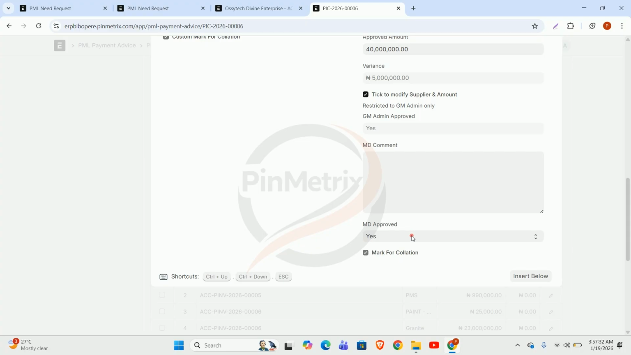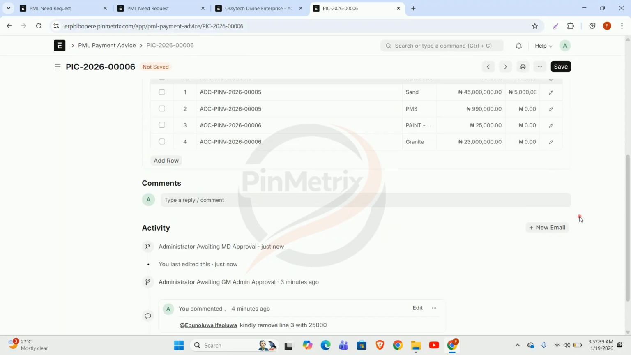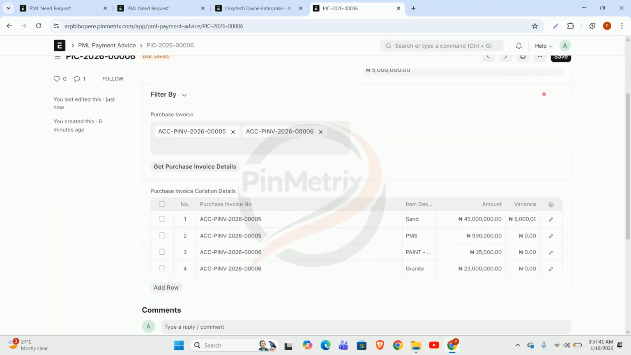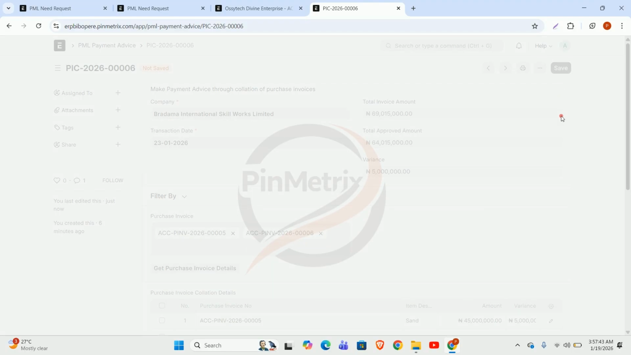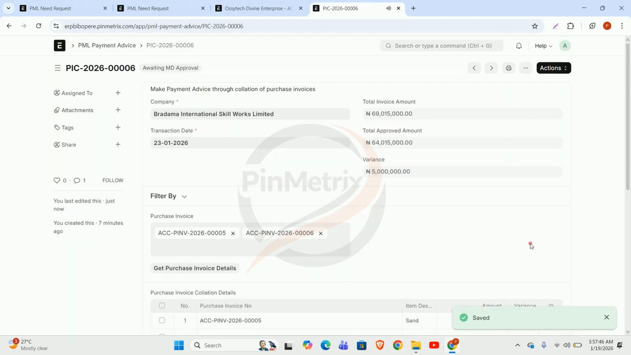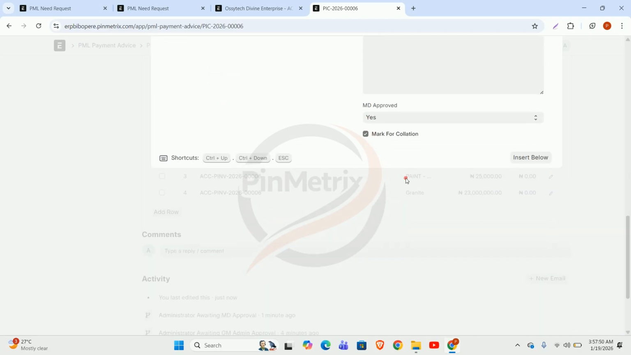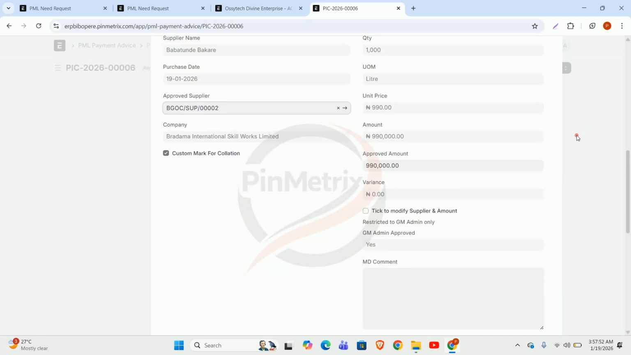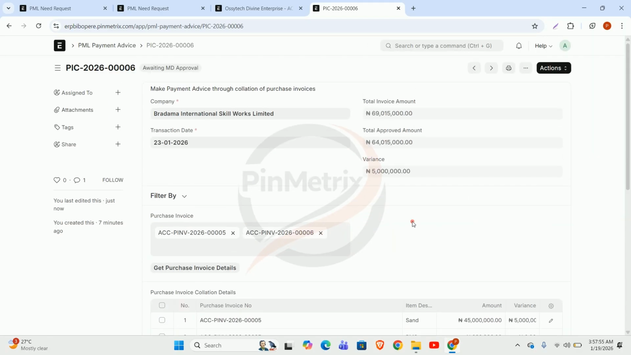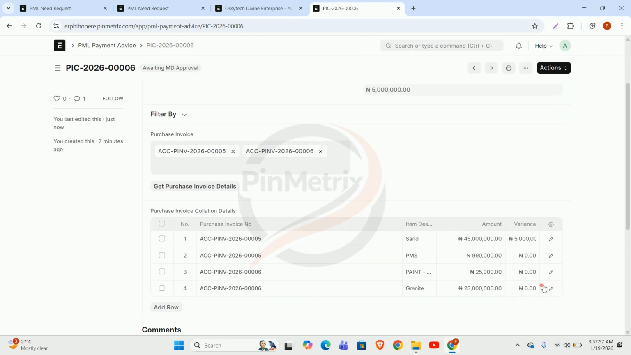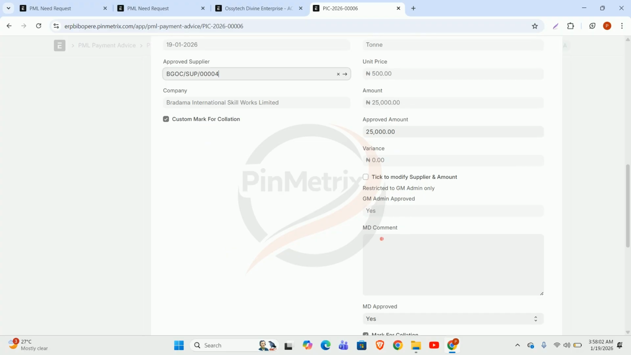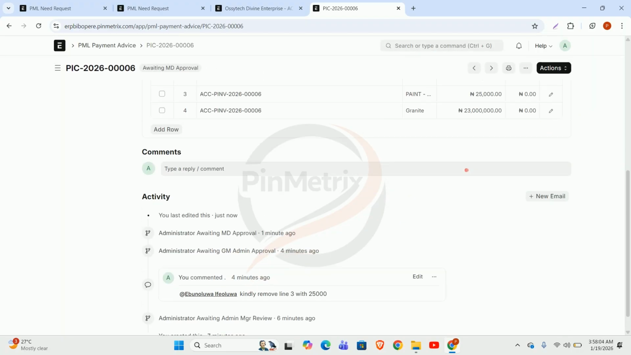If I decide to say no on this, I can just say no. That is, the MD is not approving this. And whatever the MD says is final. So I'll click on yes. I'll save, rather, as the MD. So what else? All others are approved, right? Because they have yes ticked. And the MD as well can write comments on this. The MD can write comments on this. So all things being equal,